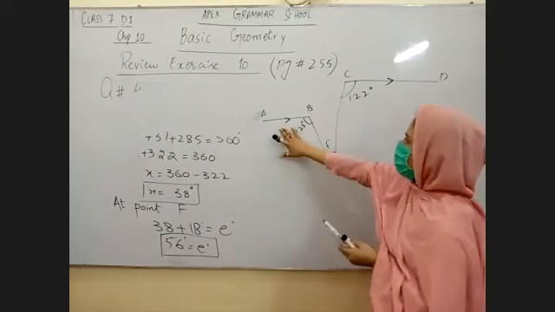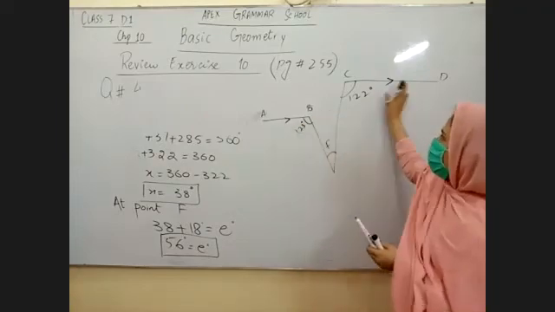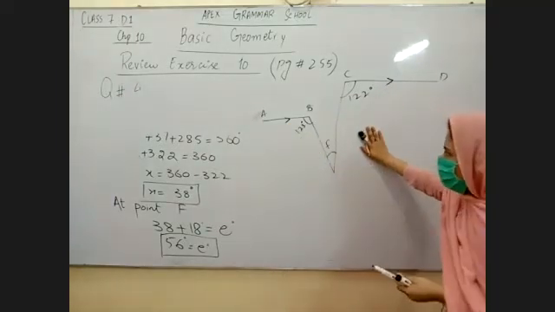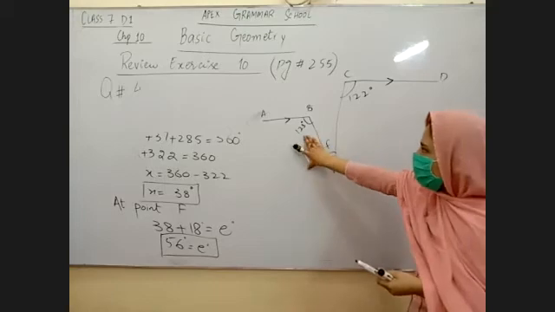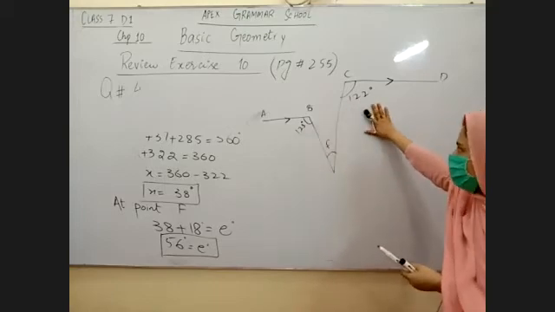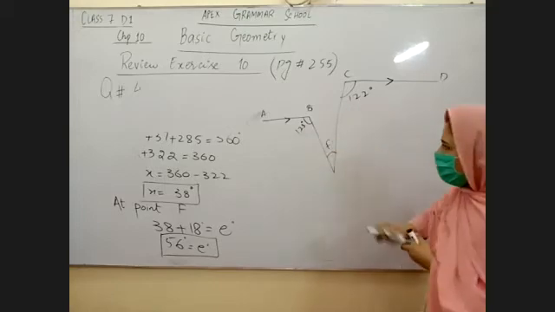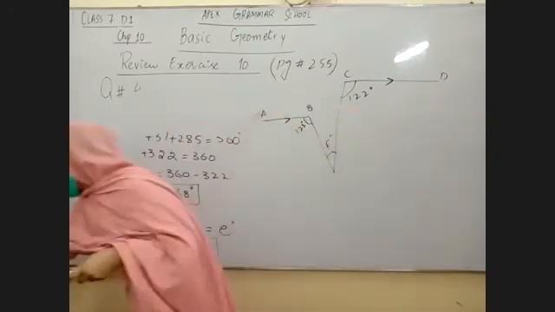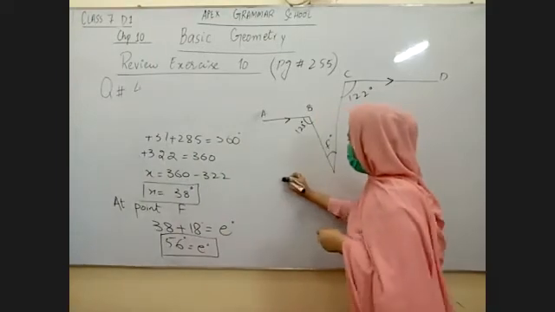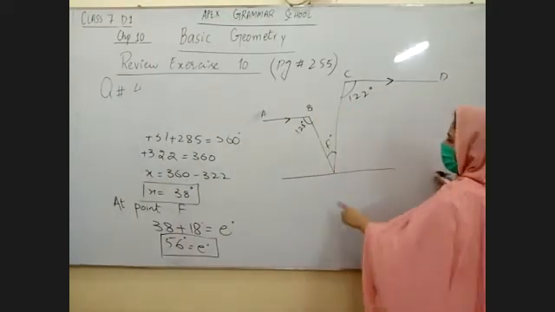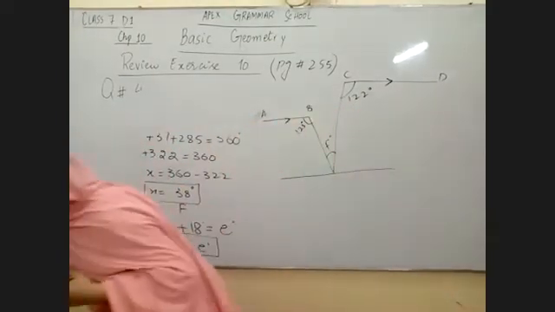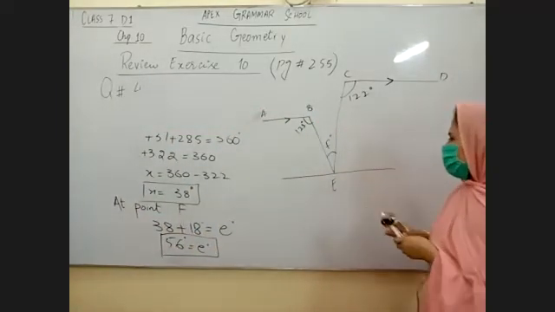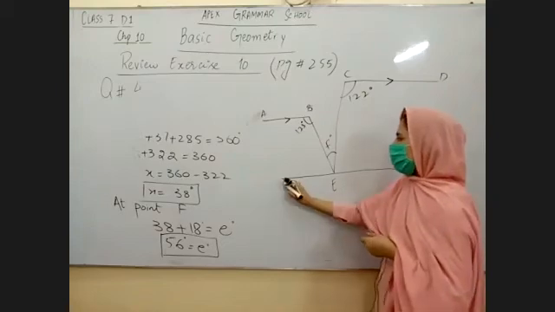So now you can see that AB and CD, these two are parallel lines. This arrow is showing us that these two lines are parallel to each other. 123 degrees, 122 degrees. F, we need to find out the value of F in this question. So now first I am going to draw a parallel line. This tip and this point was your point E. I have drawn a parallel line PQ.